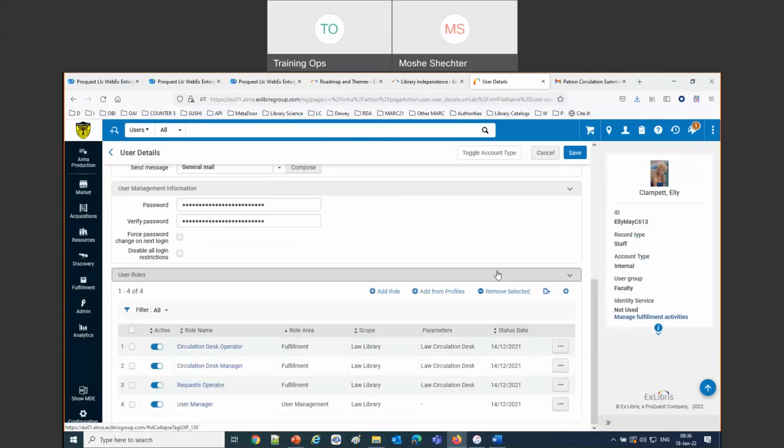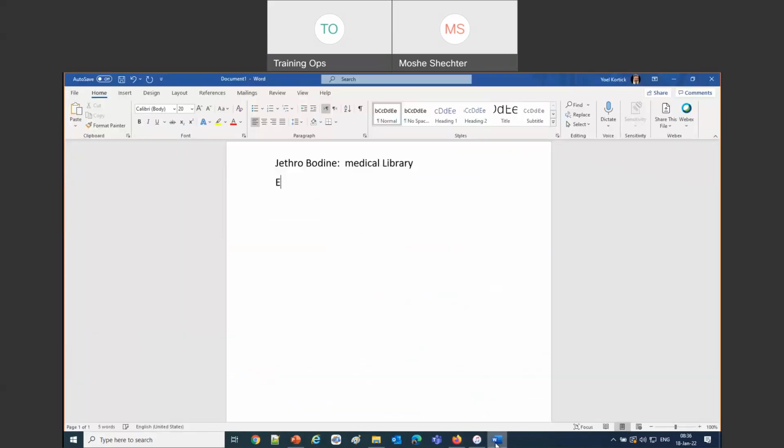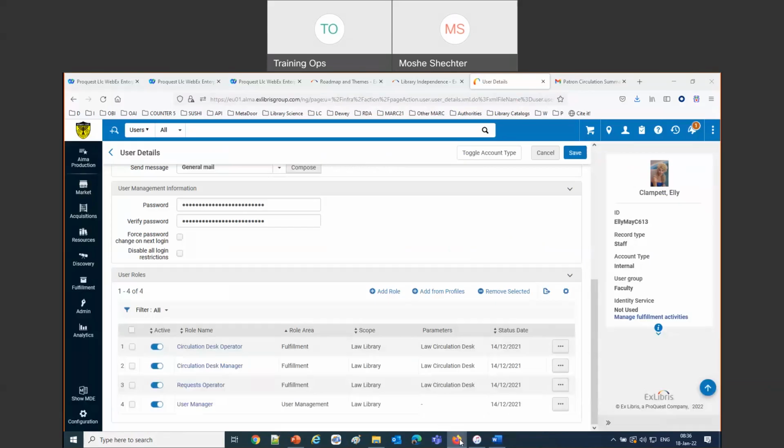She has the same roles as Jethro. However, it's for the law library: circulation desk operator and manager, request operator, and user manager. So let's put her down. Ellie Mae is associated with the law library.